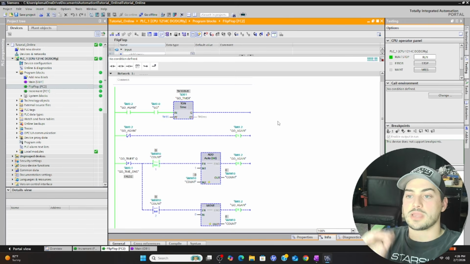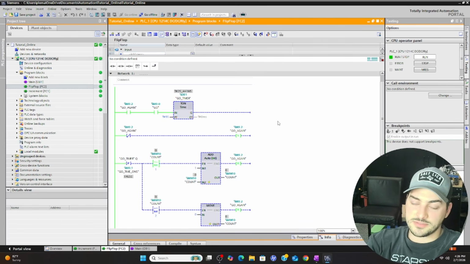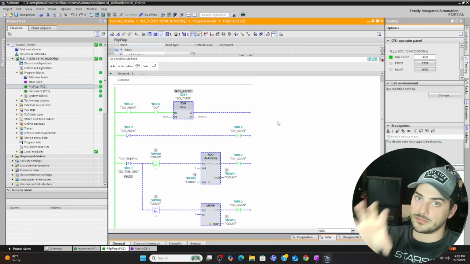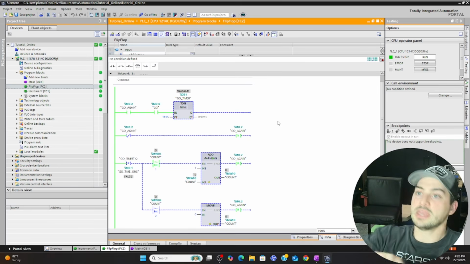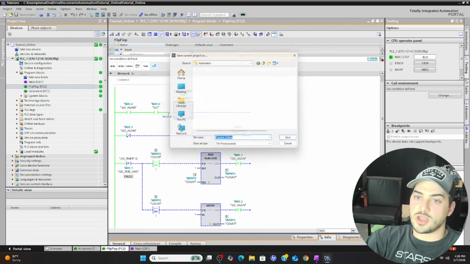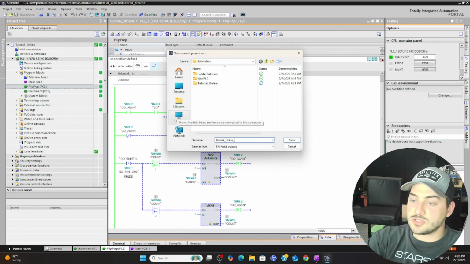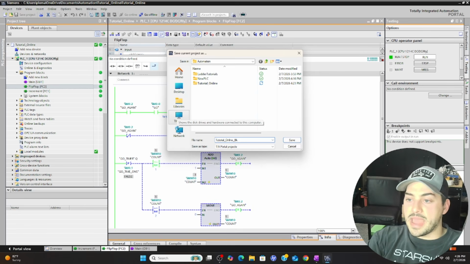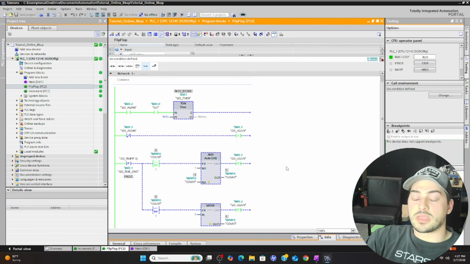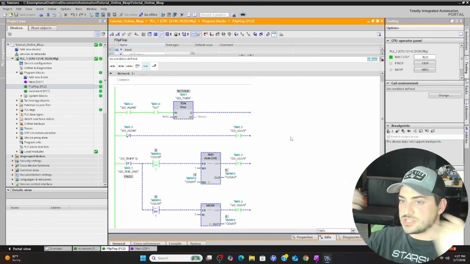This is also why before you do a download on a live system, you should almost always start by doing an upload, making sure you have a backup of the most recent code that you're viewing. Save it as _old. Like right now I'm live with this code, so I can go to save, I can do project save as, I could say tutorial online backup or something like that, and I can hit save. Okay, and now that I've saved off a backup copy, I could go ahead and make changes and delete stuff